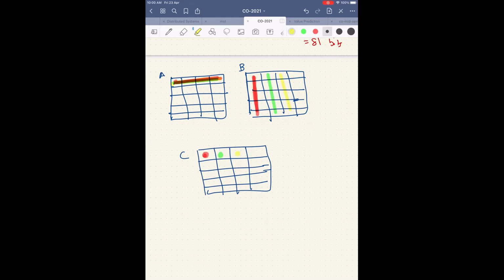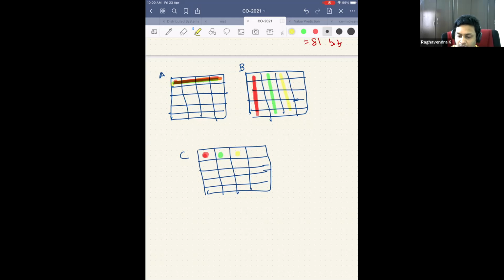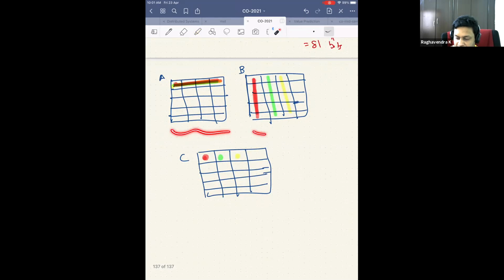So maybe we can divide it into smaller blocks and then add. Yes, right. Generally we are not talking about a 100 cross 100 or 200 cross 200 matrix. These matrices are pretty huge, because in today's world, or even in any scientific application, the size of the matrix is pretty huge. One of the matrices that I worked on had 4 power 30 rows. That is impossible to fit on a single system. So you can't fit this matrix in a single cache.